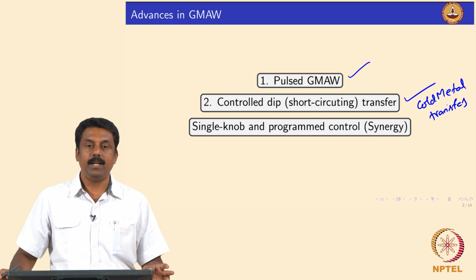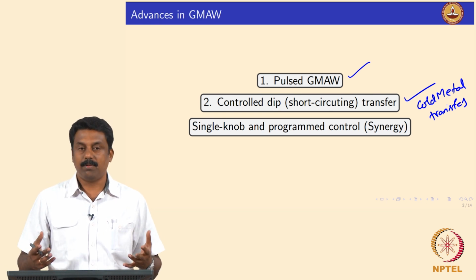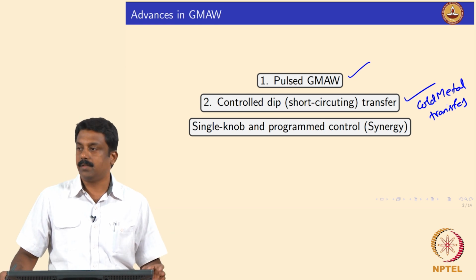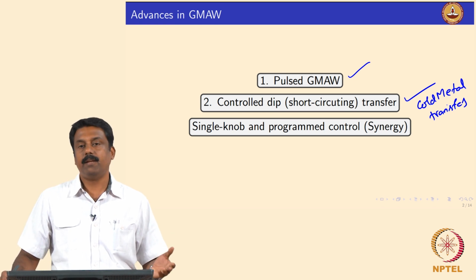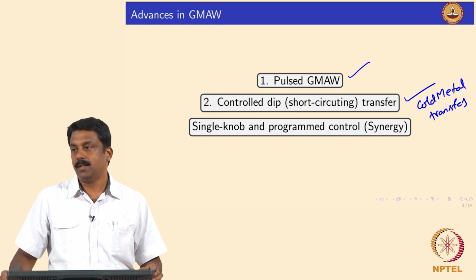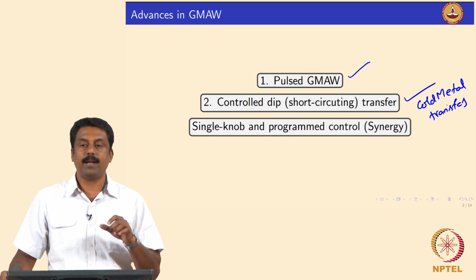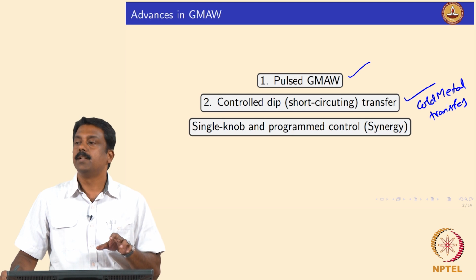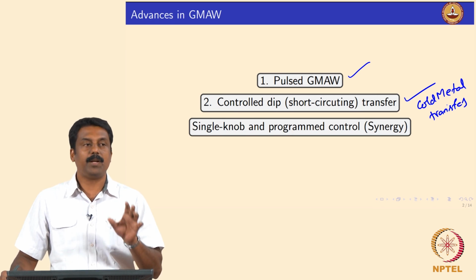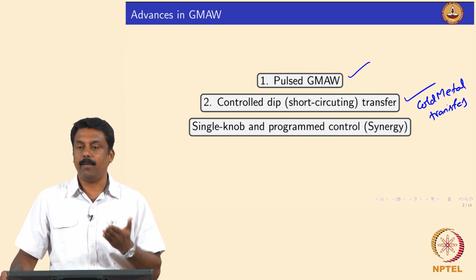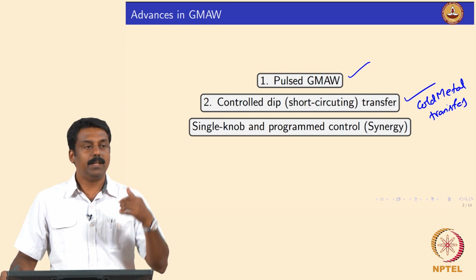So then your weld quality decreases significantly, because you create spatter, and the explosion can lead to weld pool turbulence, and then the weld stability decreases. So in order to achieve a stable transfer during the short circuiting event, people thought about it and then they modified the waveforms in such a way that when the short circuiting happens,